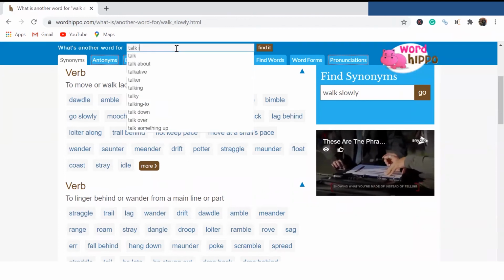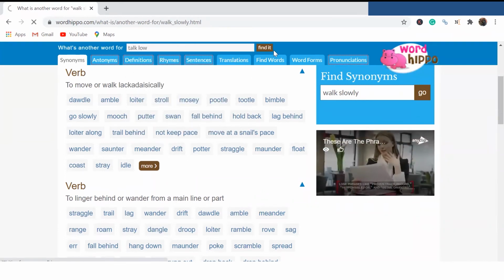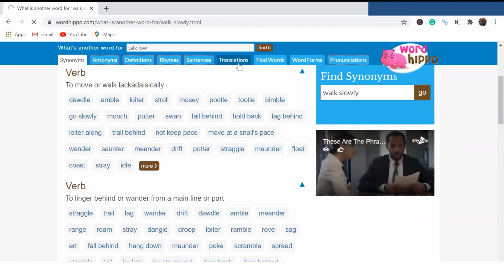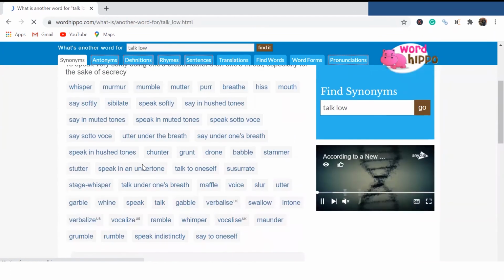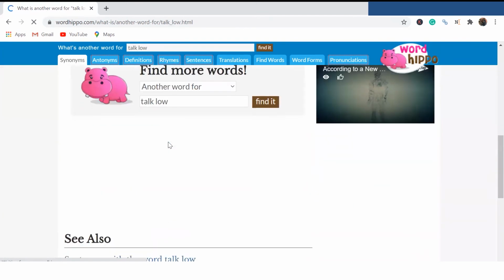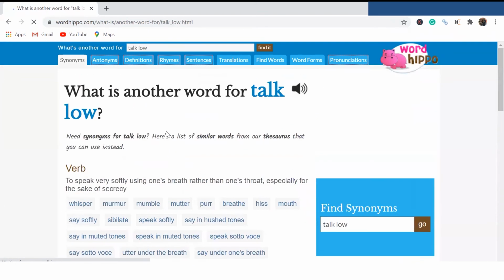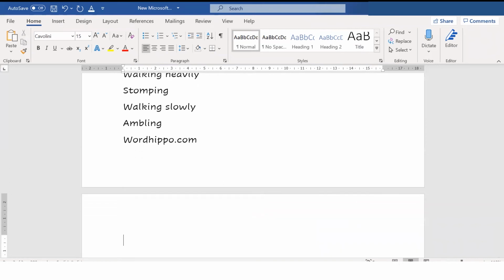You don't want to use the word whisper, and you try to find it, talk low. So wordhippo.com is a very powerful tool. See, whisper, murmur, mumble, mutter, right? All of the words are available here. So wordhippo.com is one important tool that you can use. I'm writing it here for you, which is called wordhippo.com. So this is an important tool.